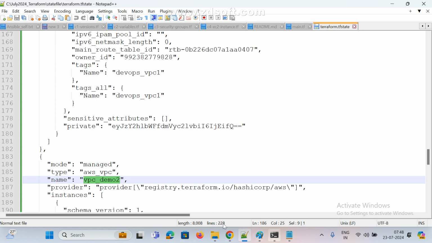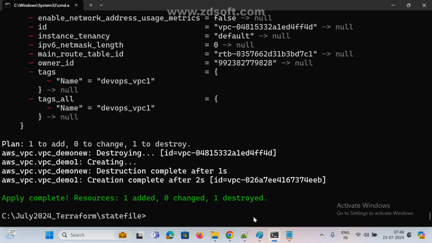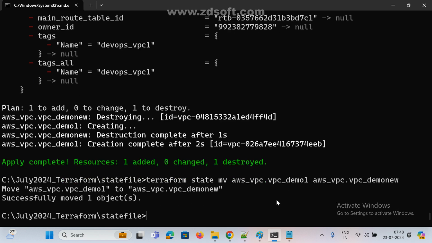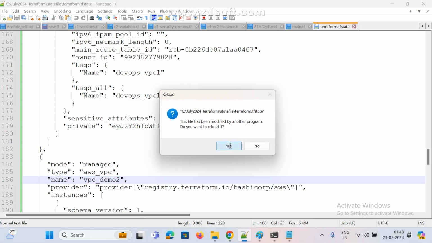No, no, sir. Whatever I updated, I want to update my script also. So in that case, what do I need to do? First, I am using the same command, terraform. Where is that command? State move, destroy, auto list. Move. I'm going to change demo 1 and now moved. Now this you need to change. Now state file is updated.